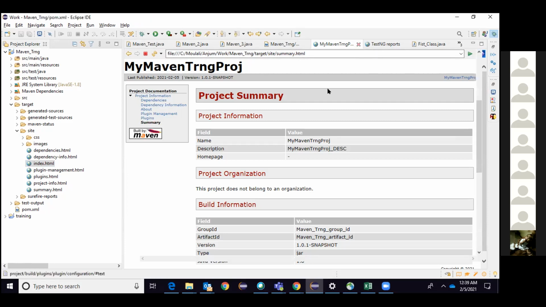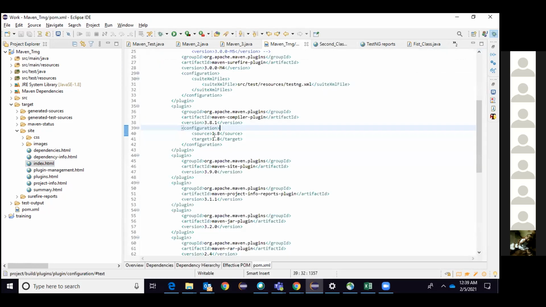One more pointer also. Dharni has added the plugins into the dependencies, and that was working fine. Now, if I copy this particular plugin and paste it into the dependency, will it work? No, right? That is the point I'm telling you. Dependencies will give you only the class files. They will not do any actions on your project. Plugins will perform actions on your project.